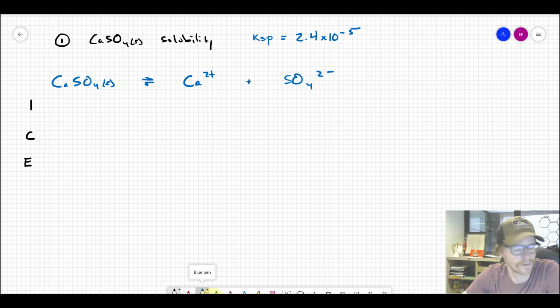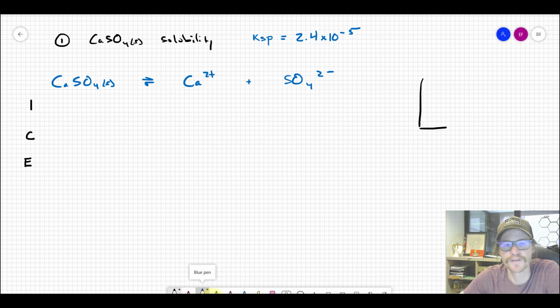And you're going to do several of them. Your book skips the change part and just does IE tables. I guess that's the move from Gen Chem to an analytical chem course. It doesn't matter. You can use either. I'm going to do this one as an ICE table just to get the ball rolling here. So when we're thinking about using an ICE table to compute the solubility, what we're really asking is, well, how much of this original solid breaks apart and how much calcium ion and sulfate ion do we yield in the